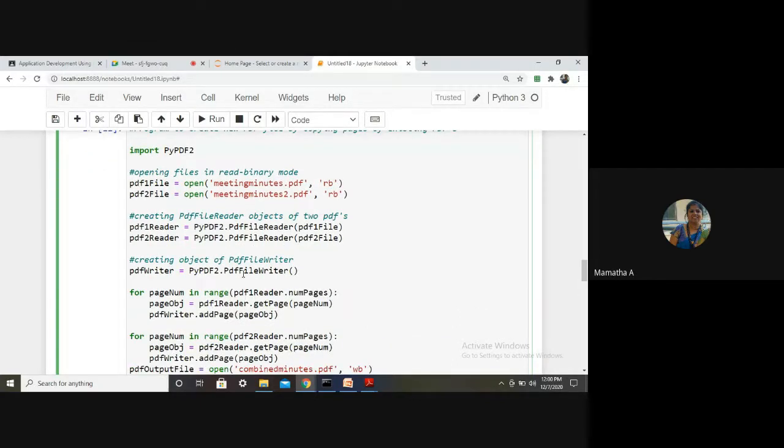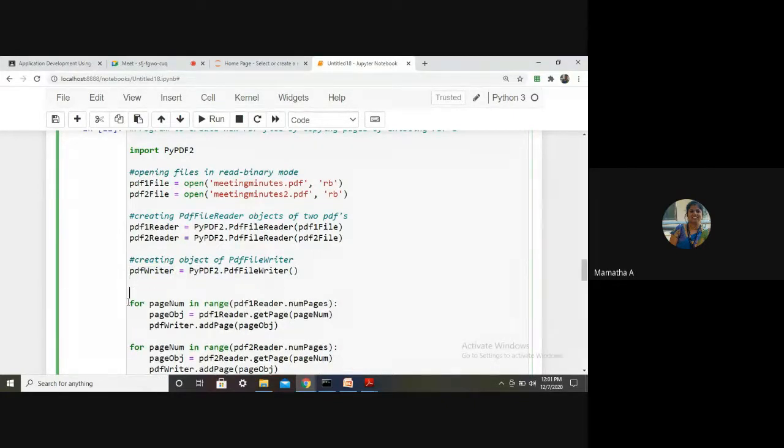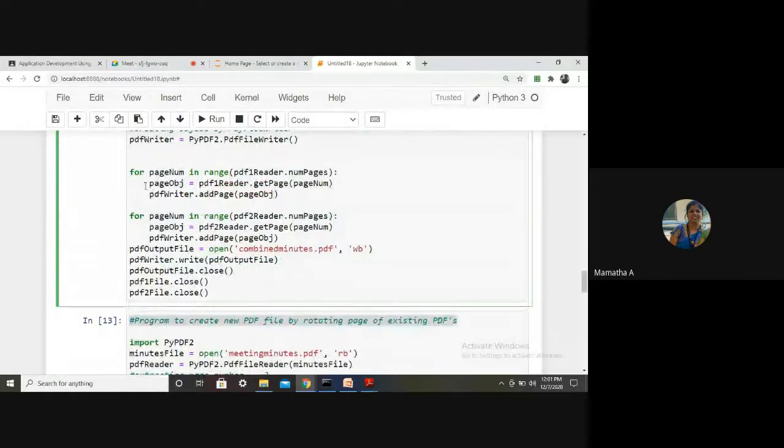I should have a PDF file writer object. Don't pass anything, no arguments, that's all. PDF file writer is a class present in the module PyPDF2, and it creates an object here, PDF writer.